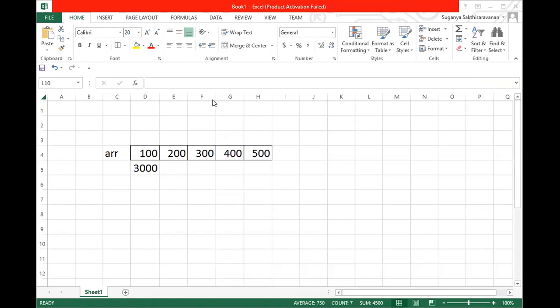If a compiler is a 32-bit compiler, it will be 2 bytes, and for a 64-bit compiler, it will be 4 bytes. More or less right now everywhere we are using only 64-bit compilers. A simple example for a 32-bit compiler is Turbo C. I guess you might have come across Turbo C, right? Turbo C is a simple example where I can consider 2 bytes. Apart from this, the majority of compilers are 64-bit.